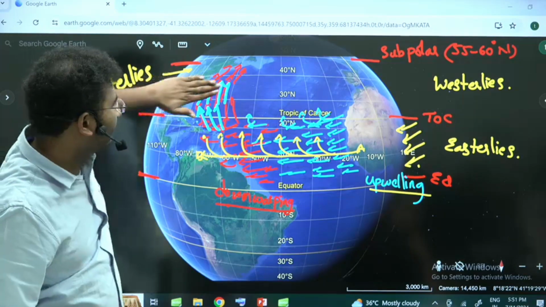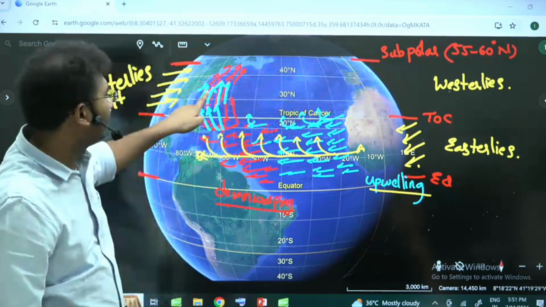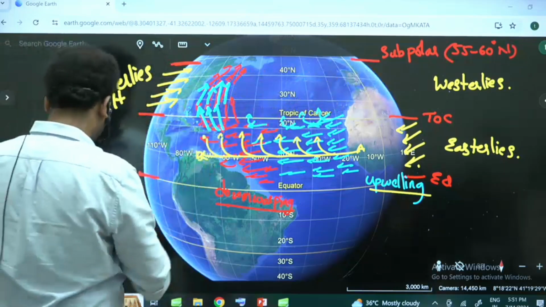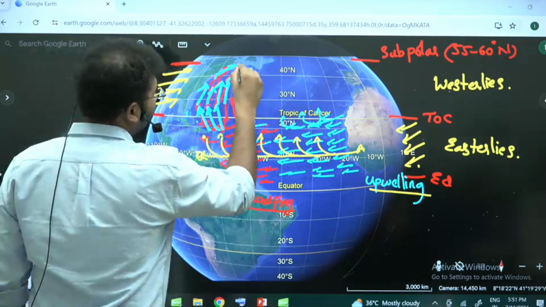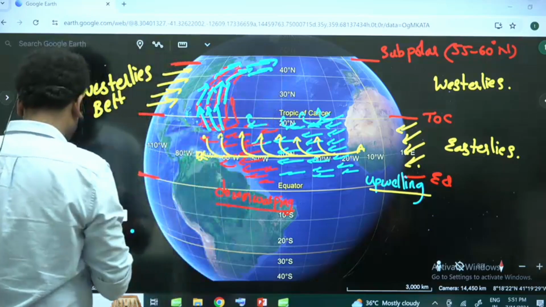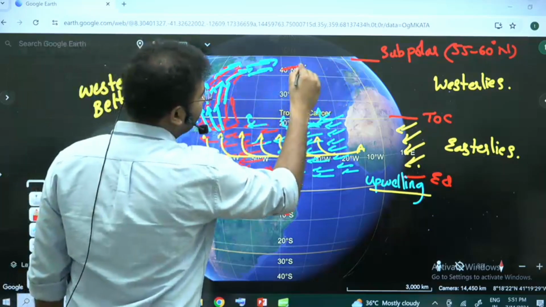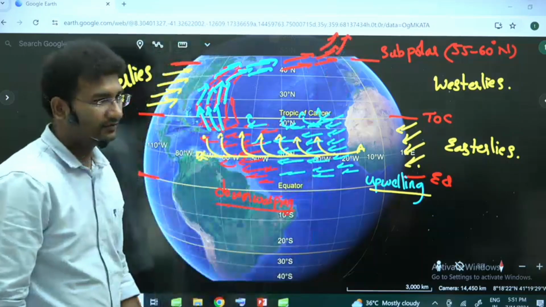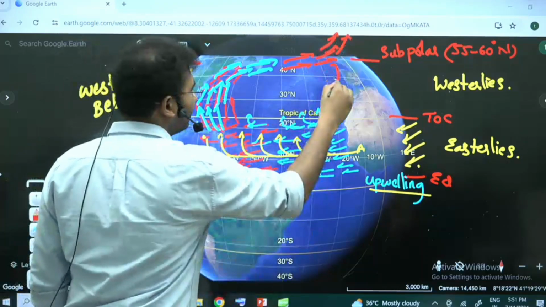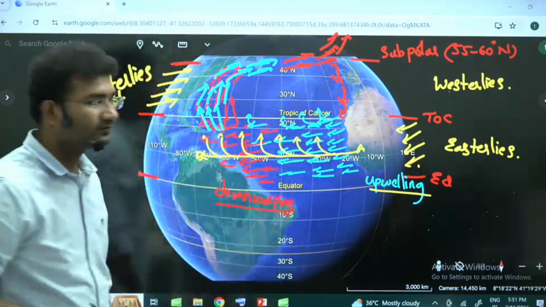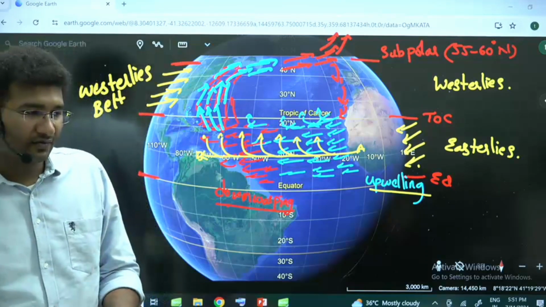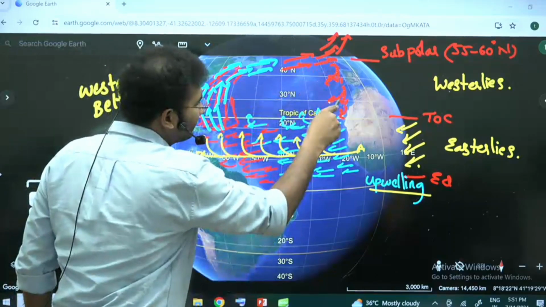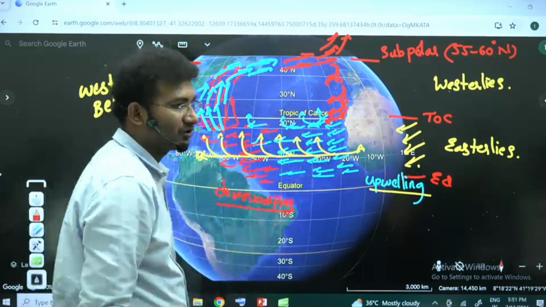That means the winds are moving in this direction. Slowly, the water should also move in a similar direction. And this water, over a period of time, when it is moving in this direction towards Norway, Finland and Sweden, will get warmer. And they move like this. And a part of it will start to move backward. Why? This water will also deflect towards the right. It's like this. Again they come back and join.